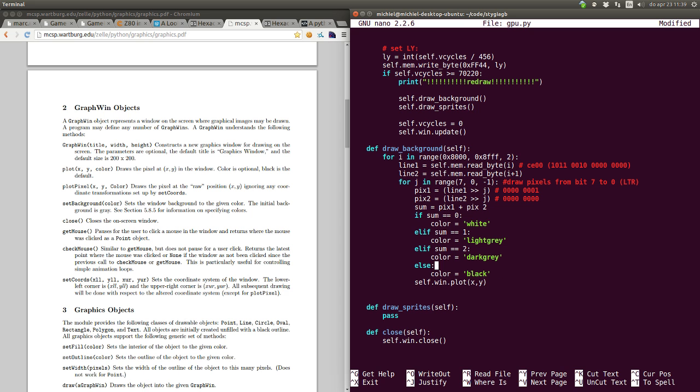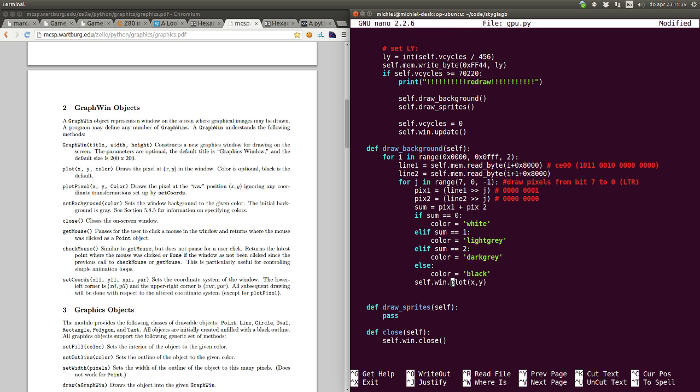So if I start here with just 0 and just go to 0FFF and do here plus 0x8000, then my x coordinate will be this value